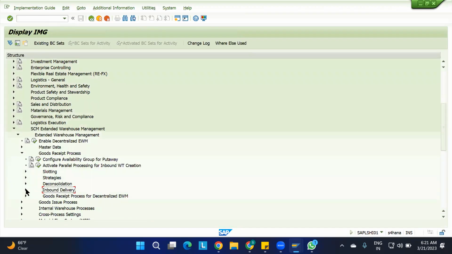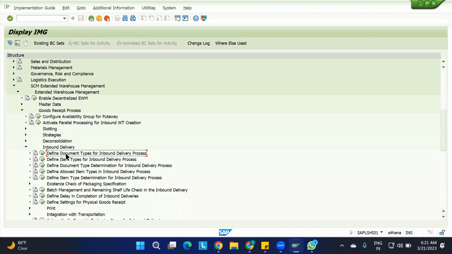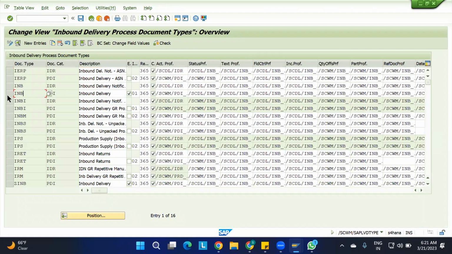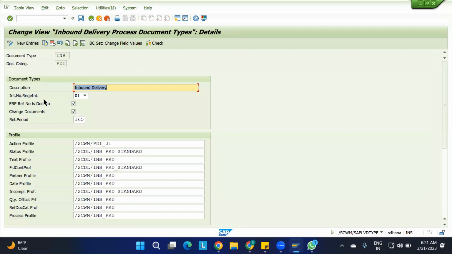Here go to the inbound delivery and select define document types for the inbound delivery process. If you check the INB and PDI, one number range is there for you. Here I have given the ERP reference number as the document number. If I untick this one, then the inbound delivery number generated at the EWM will be different from the ERP end. But definitely it will confuse us, so what I have taken is that whatever the inbound delivery is in the ERP, that itself will act as the